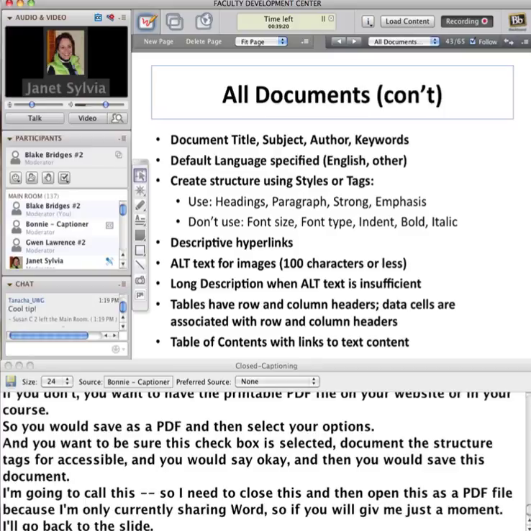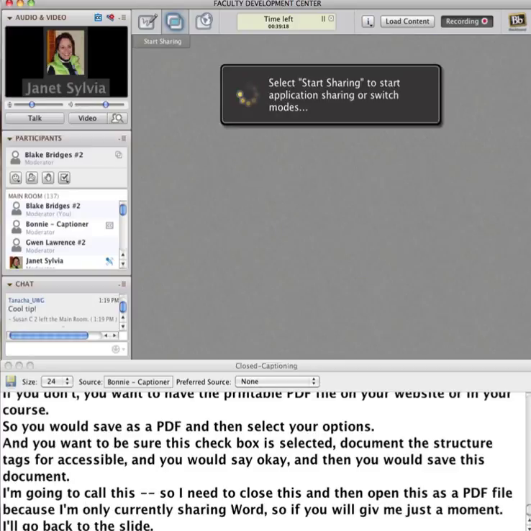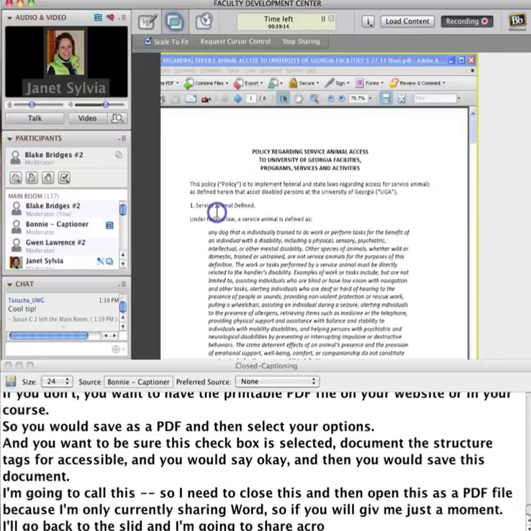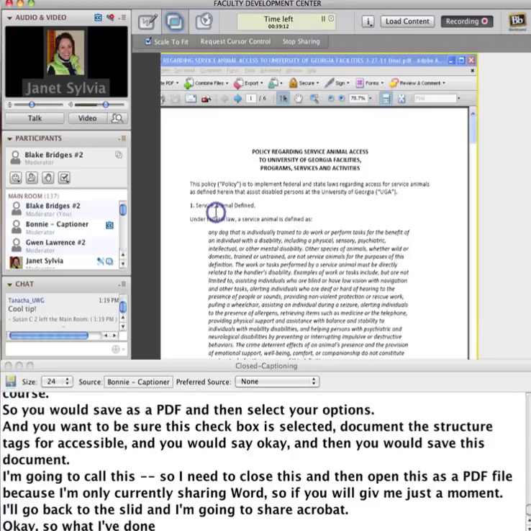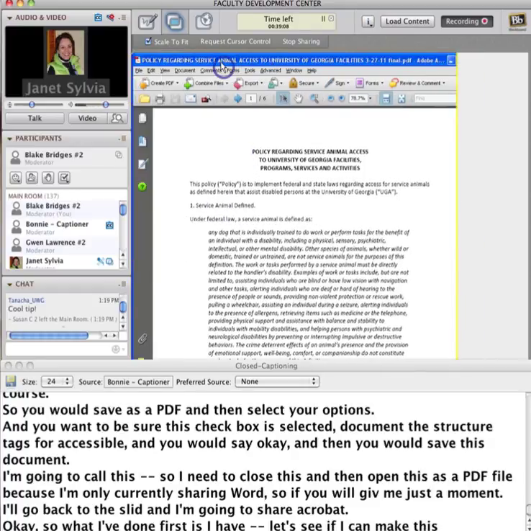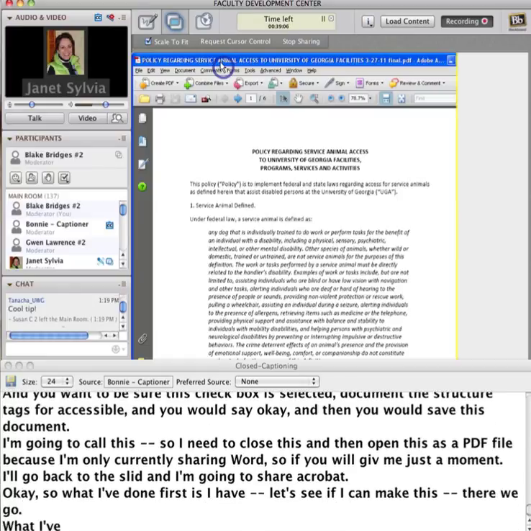And I'm going to share Acrobat. OK, so what I've done first is I've opened the original document in Acrobat because what I want to